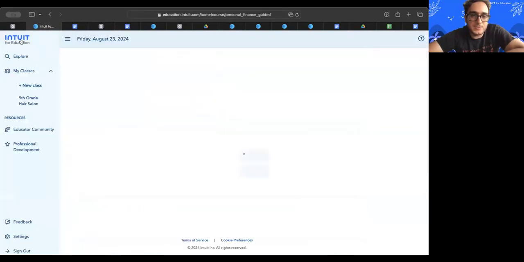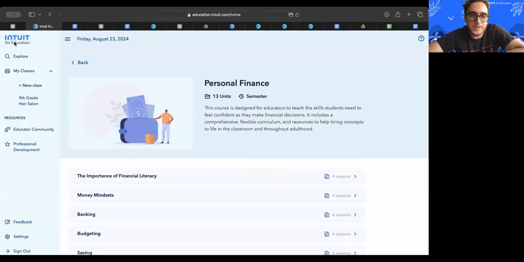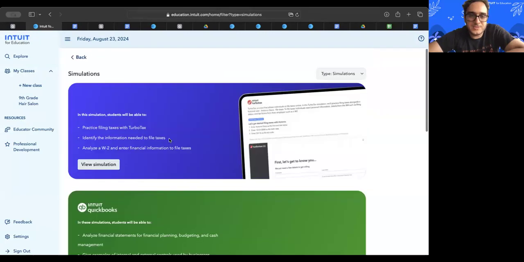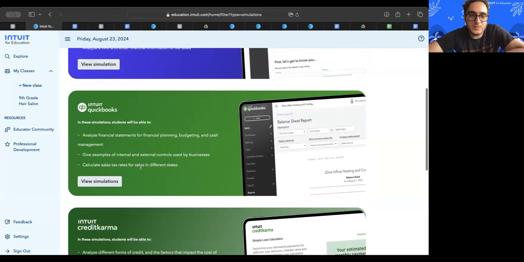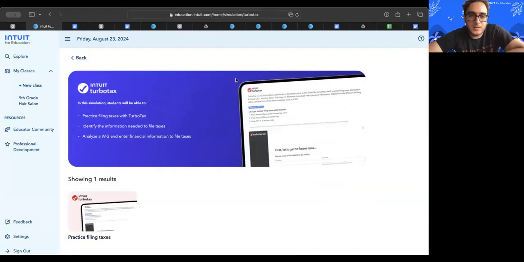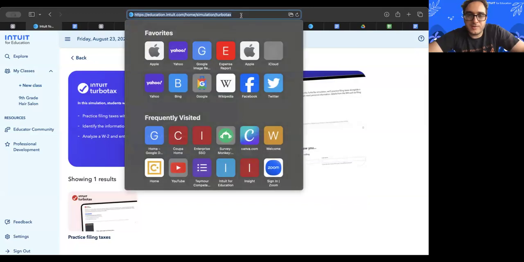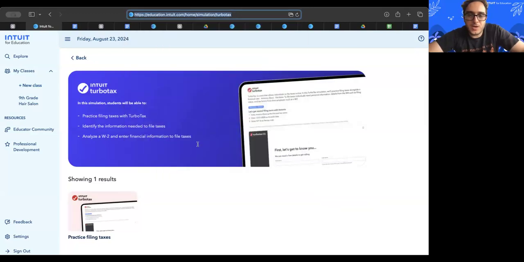If I go back to the home page and go to simulations, it all lives here as well. And I can just click the URL link at the top. I'm going to drop it here. And you all should be able to see the simulation directly without having to make an account. Is that true?